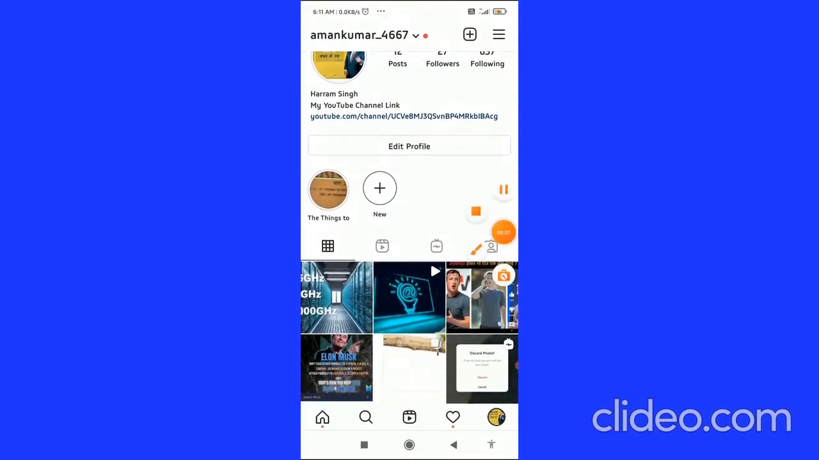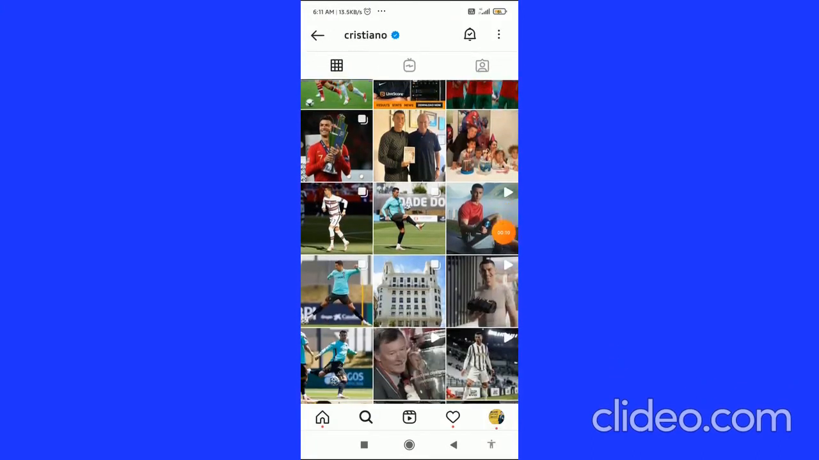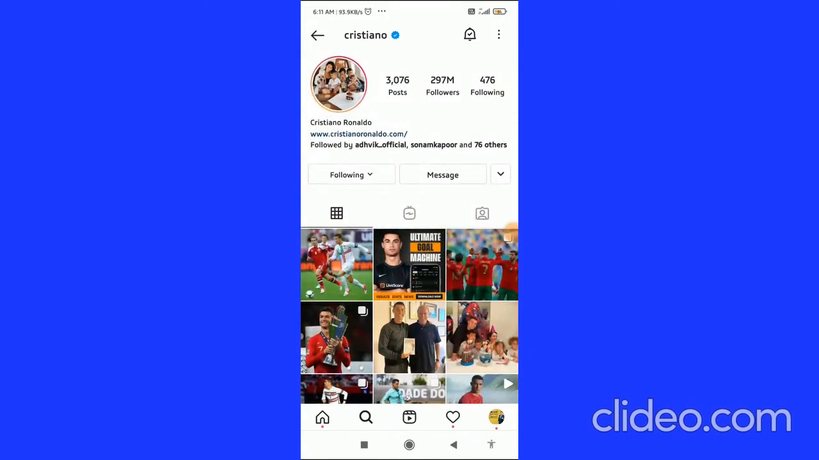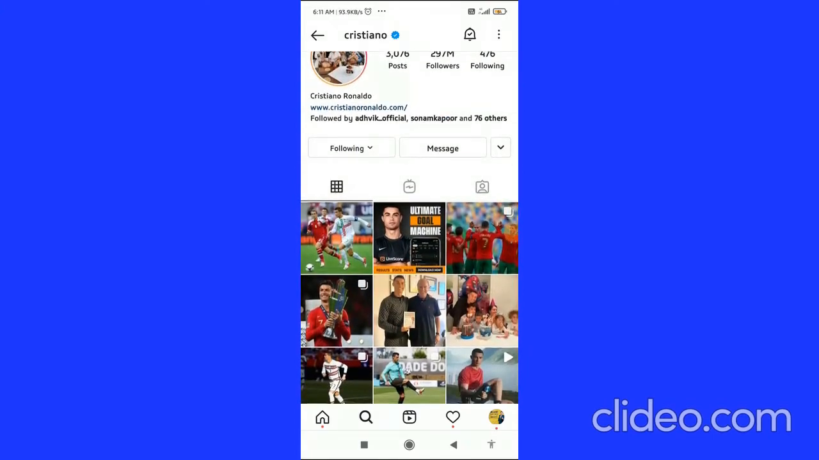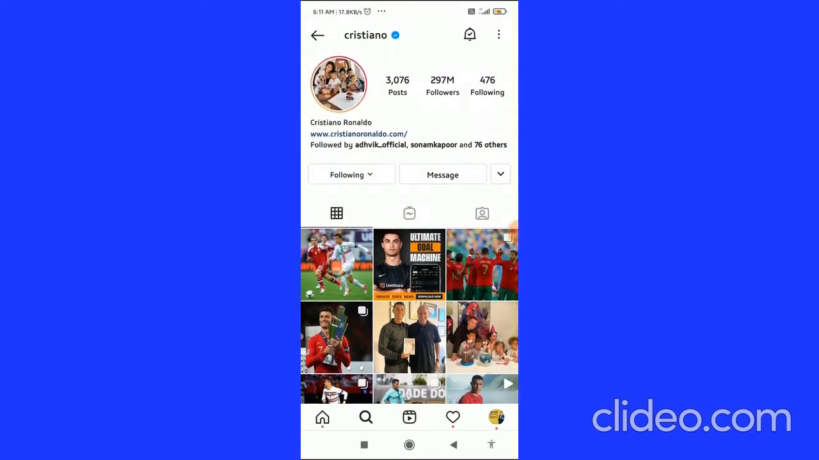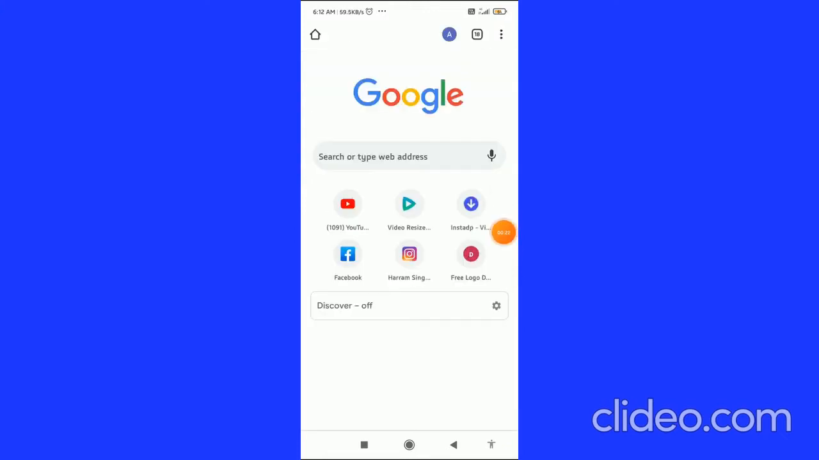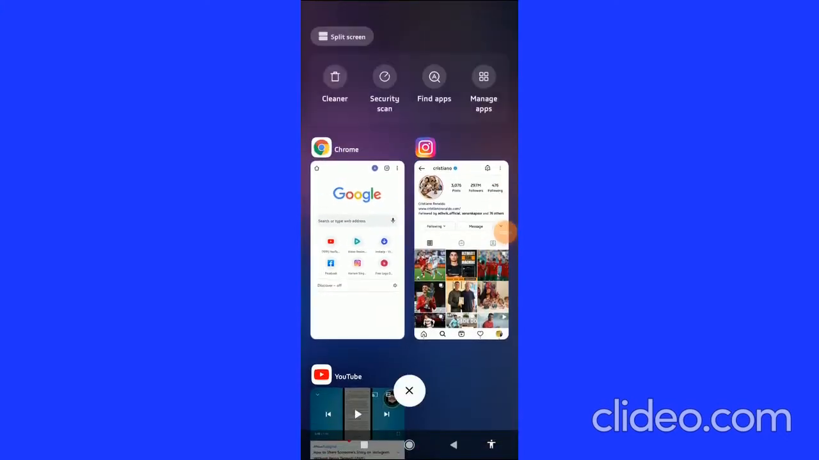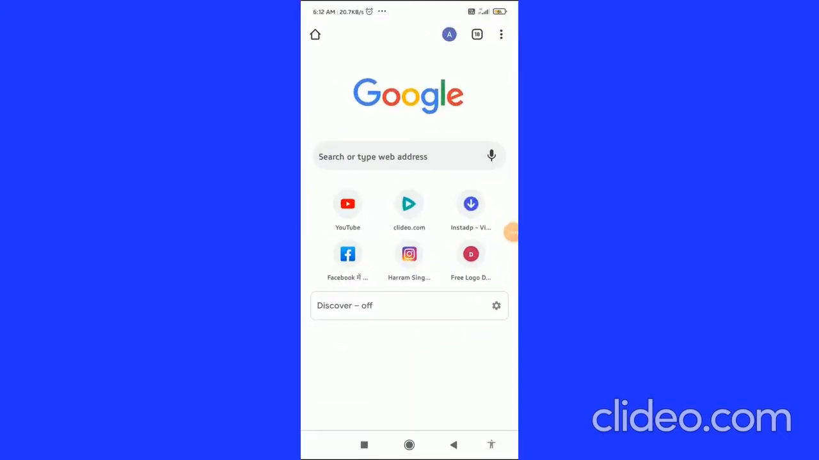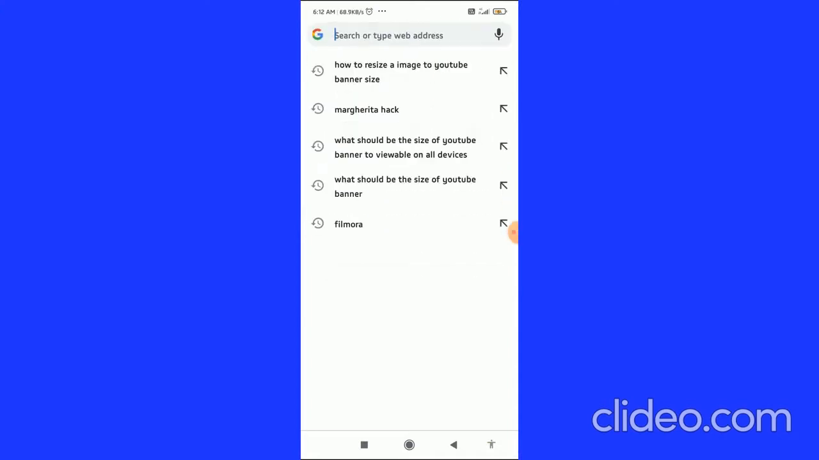Now the very first thing you have to do is open any of the accounts on Instagram that you want to add a story from without being tagged. So you have to open the story, and then you have to go to any browser. Open any browser that you want, and then you have to search for the